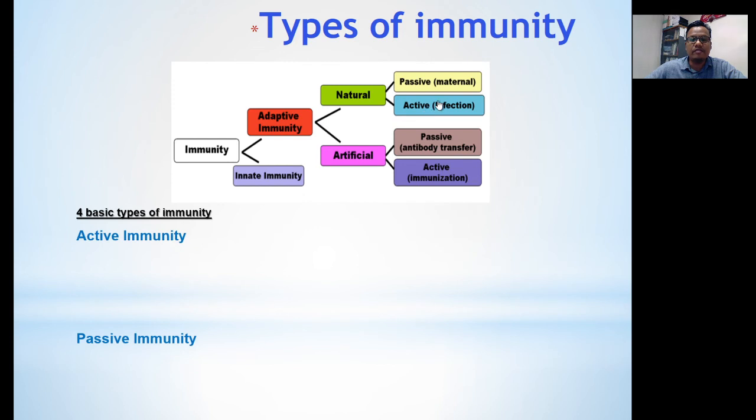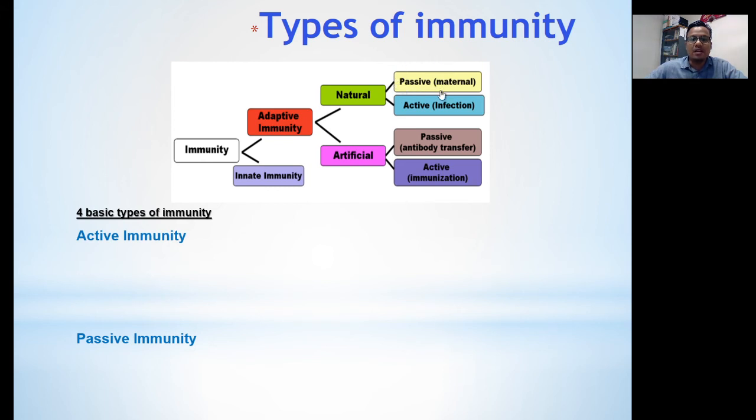Or active through infection. Everybody will go through this natural. I believe when we were born, we have this. Even when our mother is carrying us in her womb, we are already protected by the IgG from mother,